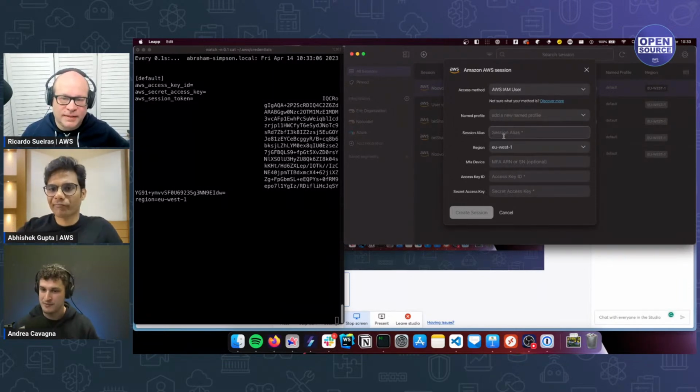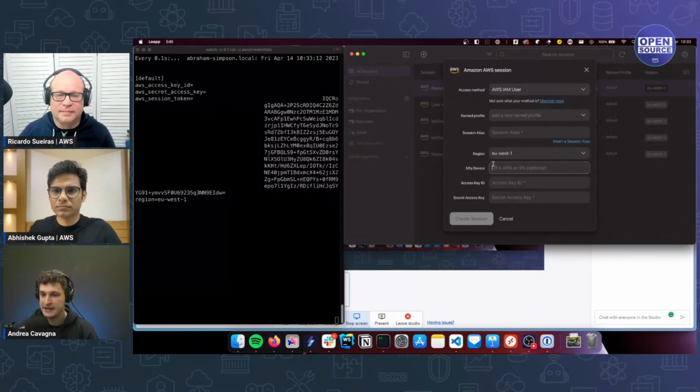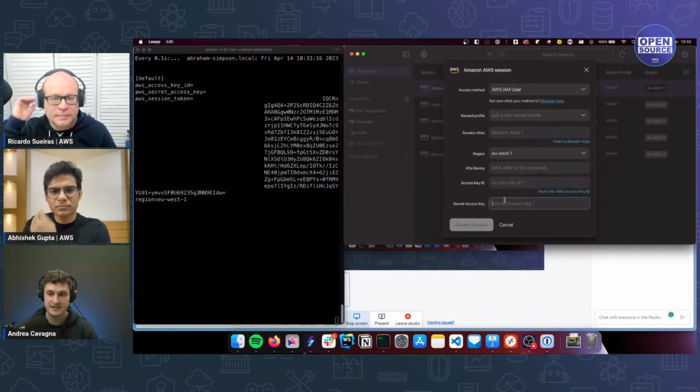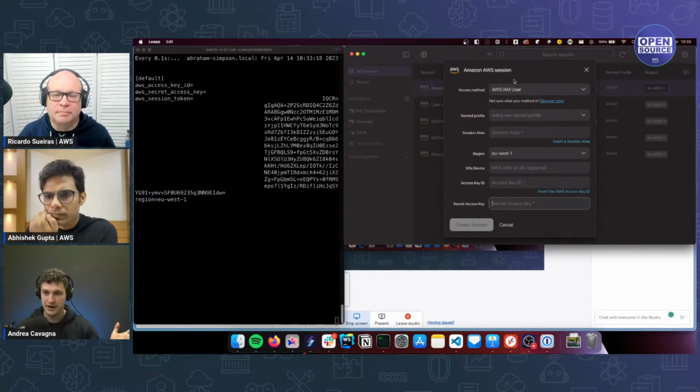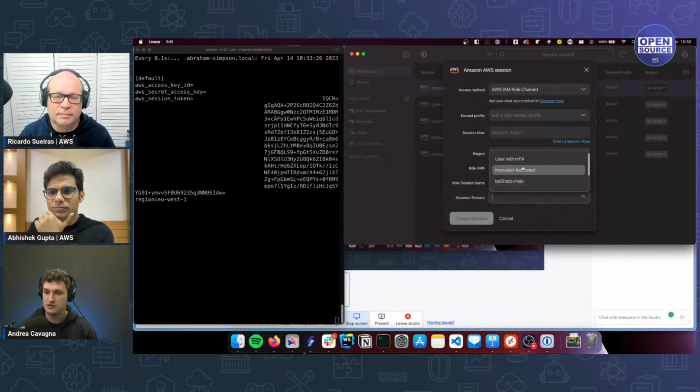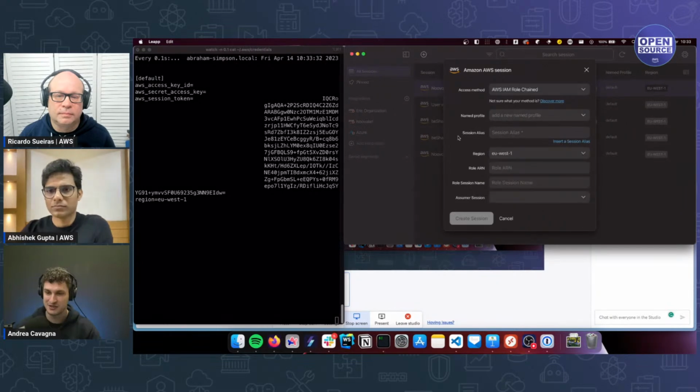Then a name to remember the session, the region in which the session is working, and the MFA if you have an MFA device, the access key and secret key, and bump, you are in. Even for IAM role federated, it's the same thing, and for the chained, you just have to select from which principal you are assuming the role.